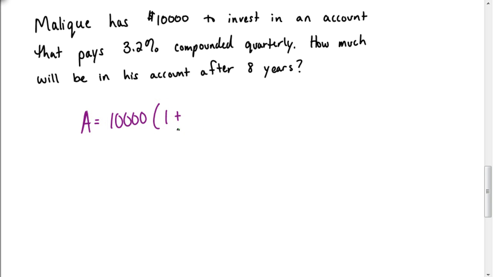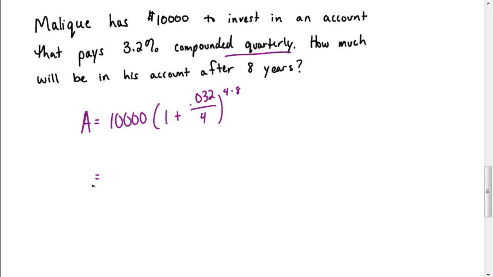Now some people get confused because here there's a decimal, 3.2%, but it's still a percent. We still need to change this by dividing by 100 or moving the decimal place 2 places to get it to a decimal. So we have 0.032. We're going to divide that by the number of times it's being compounded. It's being compounded quarterly. So that means n is going to be 4. Our exponent is going to be 4, the number of times it's compounded, times the number of years, which would be 8. So now if you type this in on your calculator, 10,000 times 1 plus 0.032 divided by 4,